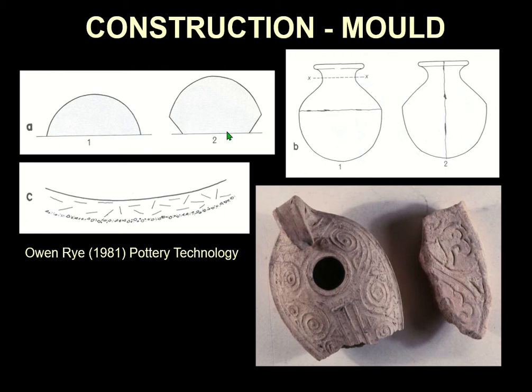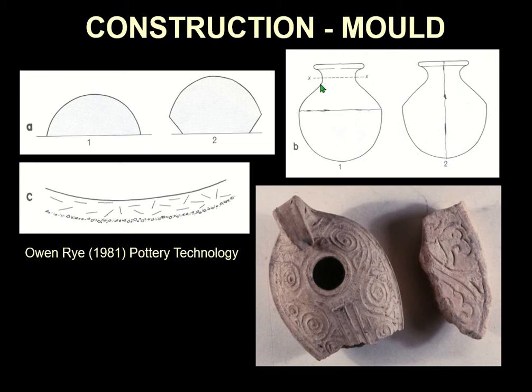Because you couldn't get that in a mould. Maybe a two-piece mould, but it wouldn't work that well. Here you can see this has been moulded. This hasn't been moulded, but it's been joined. And one thing is, if all this vessel has been made in a mould and it's been joined to this other bit, there's going to be a weakness here where the join is, and you will see this weakness, and you will say, this has been moulded. I can see where the two parts were put together.